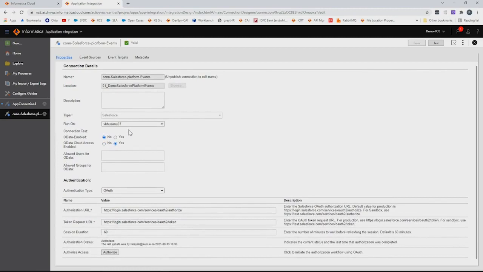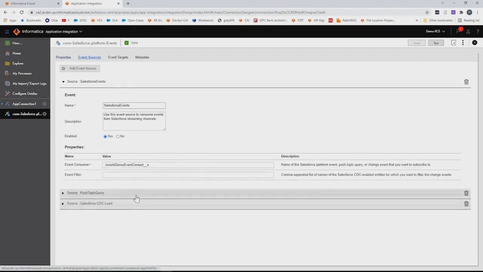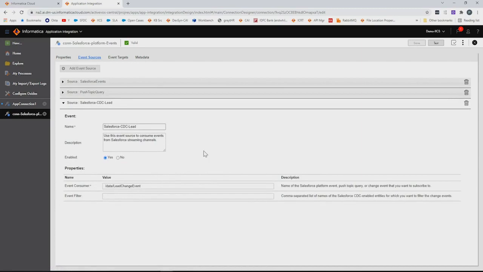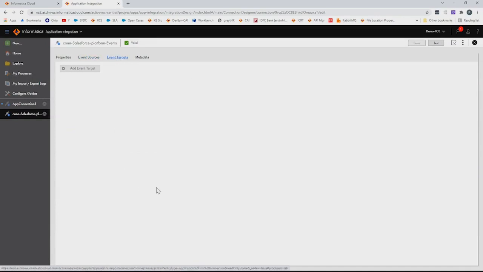I have used OAuth and published on a particular agent, and I have marked OData as no. And here I have configured three separate consumers, one for Salesforce platform event, one for push topic, and one for change data capture, CDC. And I don't have any targets.